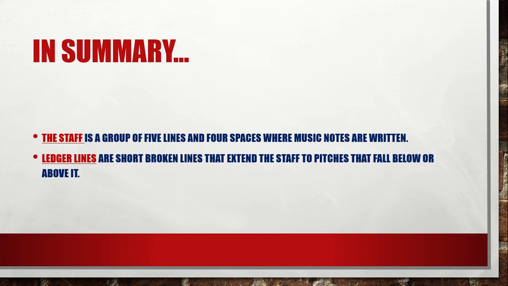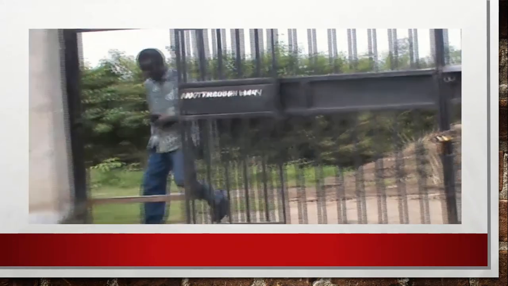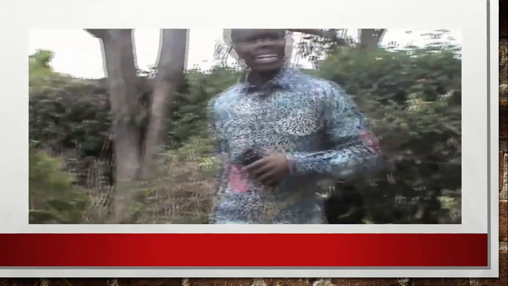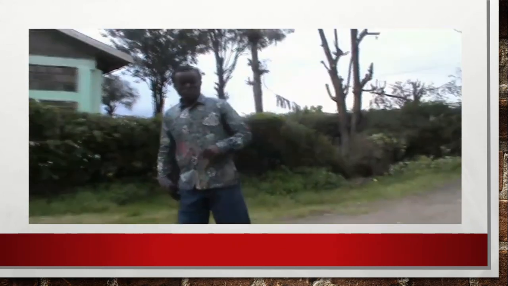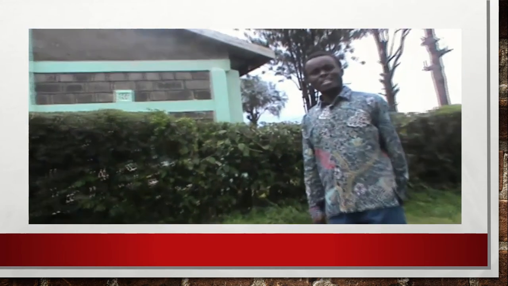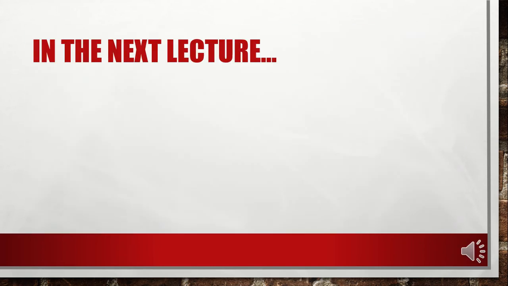Now that's where we pause. In summary, the staff is a group of 5 lines and 4 spaces where music notes are written. And ledger lines are short broken lines that extend the staff to pitches that fall below or above it. In the next lecture, we shall look at